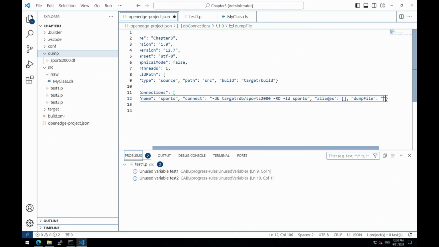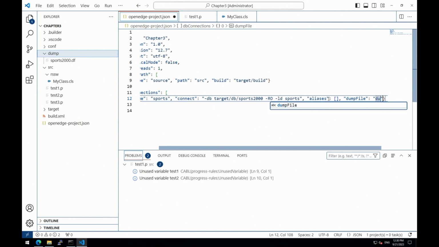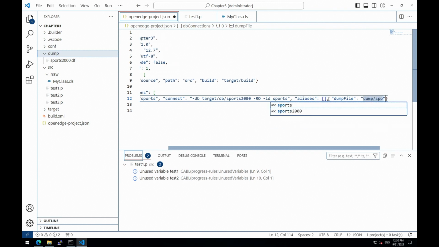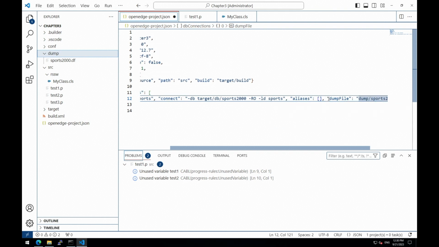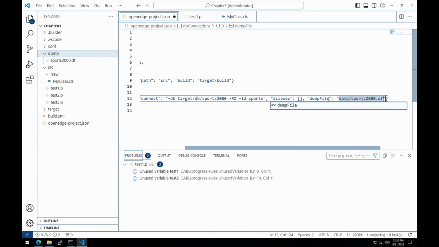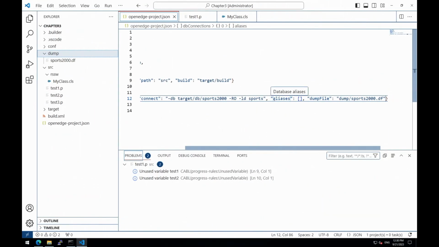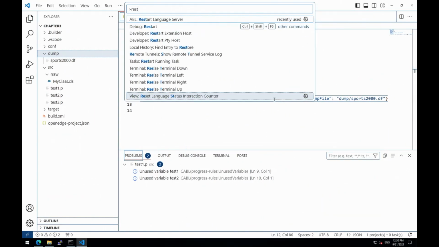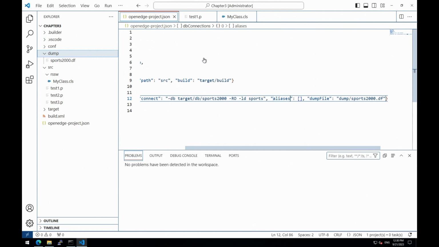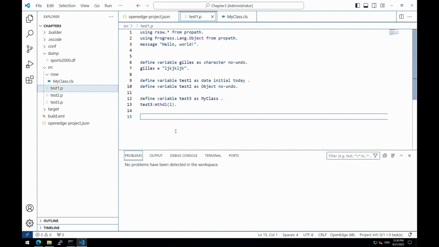So make sure that you provide the dump file, sports2000.df. And the aliases attribute is required, even if it's empty. So let's restart the language server. Let's go back to test1.p.